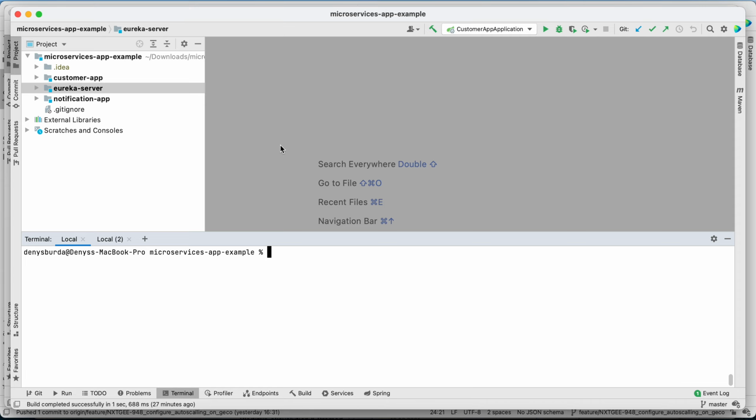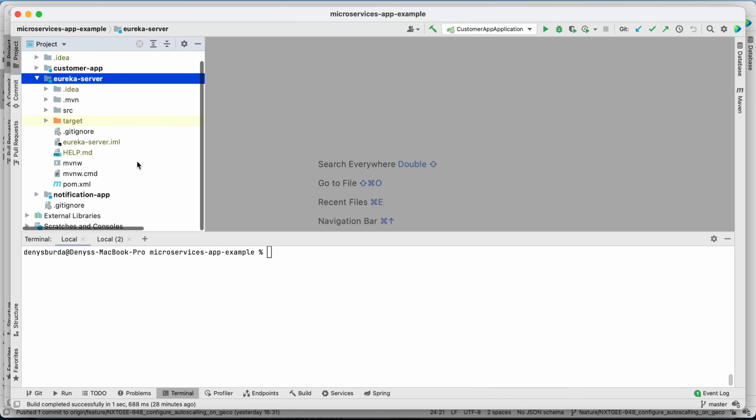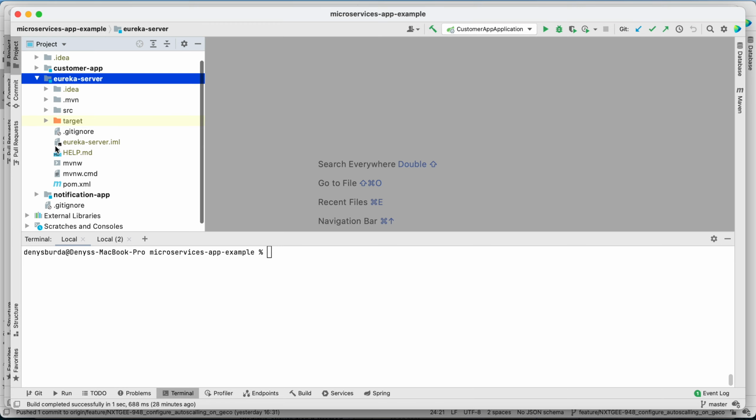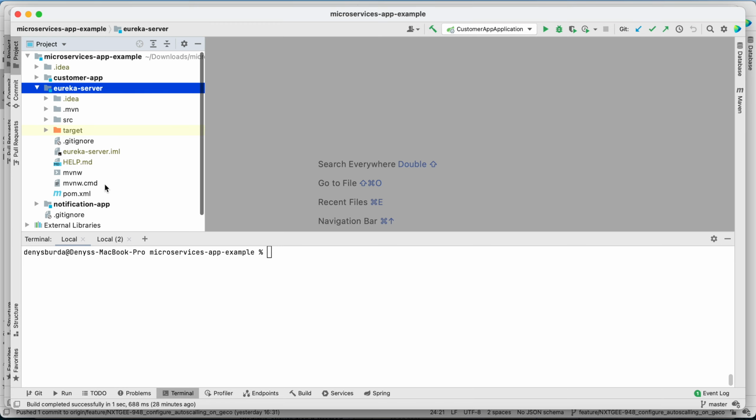Today we're gonna run our application in Docker and Docker Compose. First of all, you need to install Docker and Docker Compose itself, and then let's begin from the simple idea: just run one application in Docker. Then we will try to run only one application in Docker Compose, and then we will complicate our task and try to run all three applications in